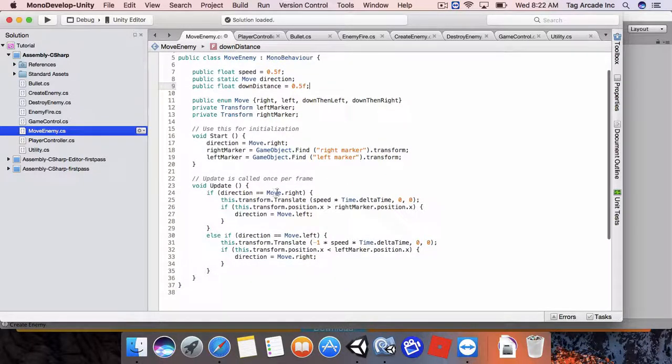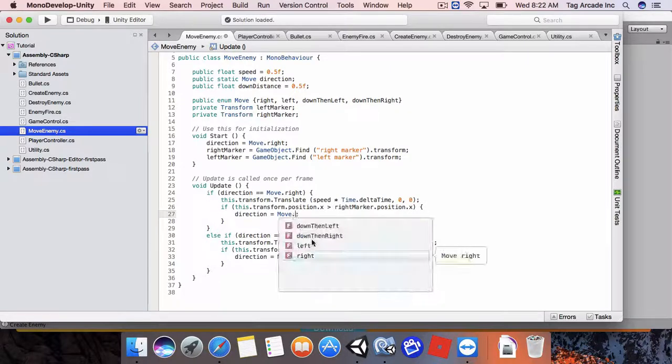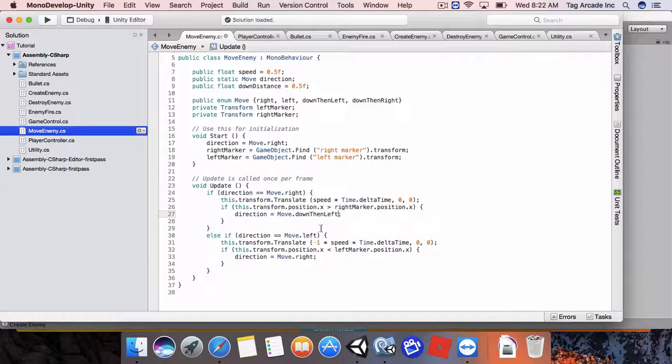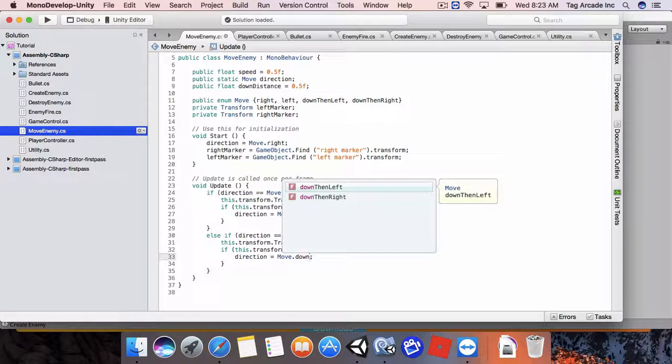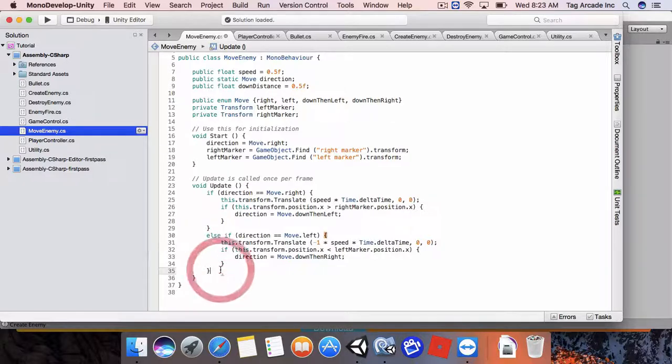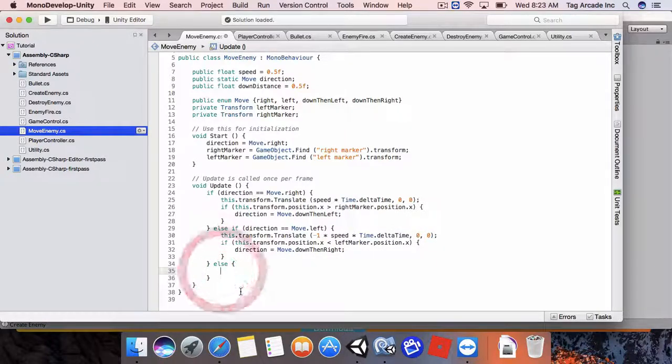So what we're going to do is, once we move all the way to the right, we actually don't want to move left. We actually want to move down, then left. And then instead of moving right, once we get all the way to the left, we want to move down, then right. Okay. Now what's going to happen is we're going to use an else statement. So if we're not moving left or right, we must be moving down. So we're going to say this dot transform dot translate